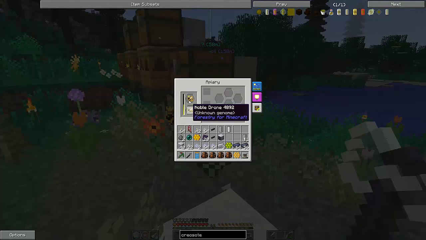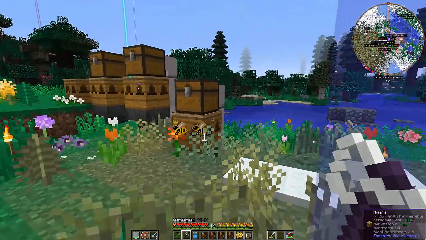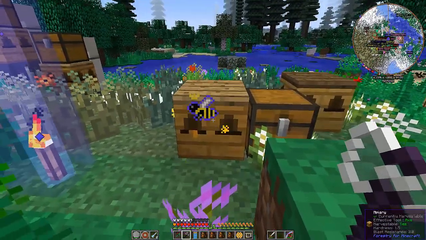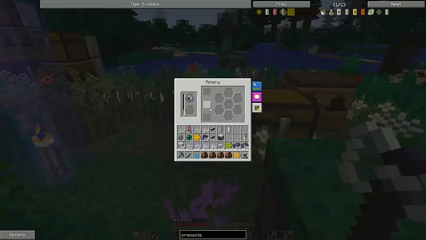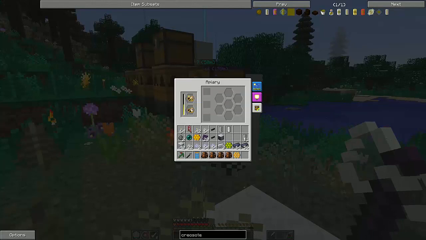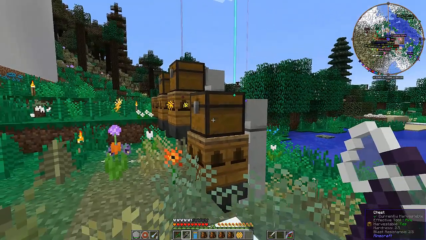My noble bees finally hit a pure line really quick. I was surprised how quick they were. It was like 2 runs in here, and I already had them pure. So that was extremely handy for me to get them pure, and now I've stuck them in the rotation